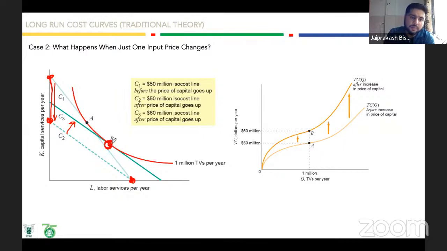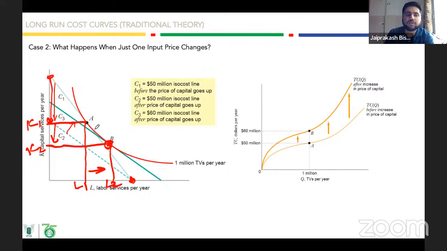This point B is now the optimal combination, the optimal minimum cost point, where he is investing L2 amount of labor and K2 amount of capital. Initially he was using L1 amount of labor and K1 amount of capital. You see, because of increase in price of capital, this capital allocation has reduced while the labor allocation has increased. Okay,